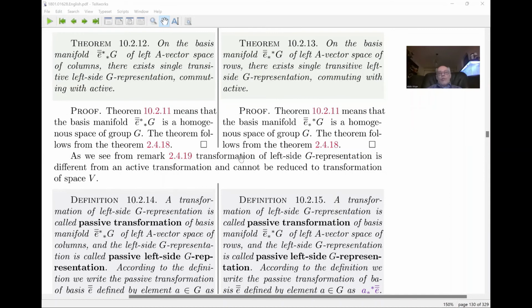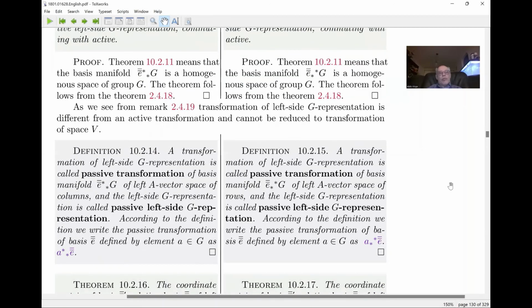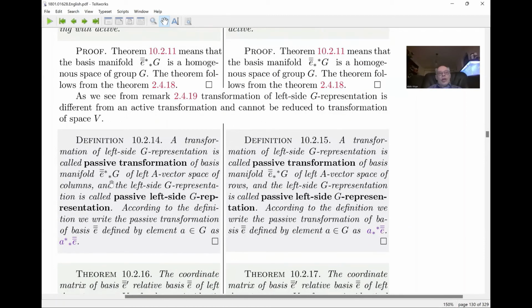Transformation of left side G representation is different from an active transformation and cannot be reduced to transformation of space V. A transformation of left side G representation is called passive transformation of basis manifold E CRG of left a vector space of columns, and the left side G representation is called passive left side G